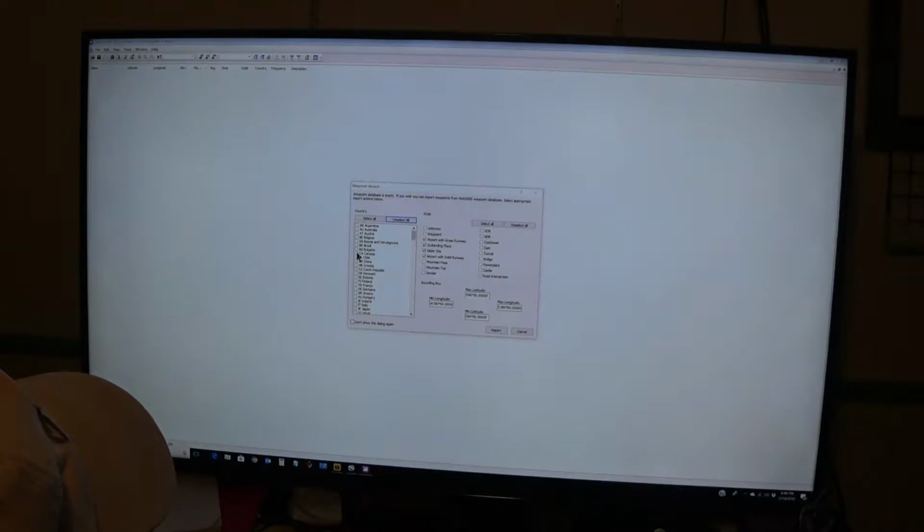And I'm going to highlight or check Canada, Mexico, because I'll be flying in Arizona near the Mexican border. I may want one or two in there. And then US,